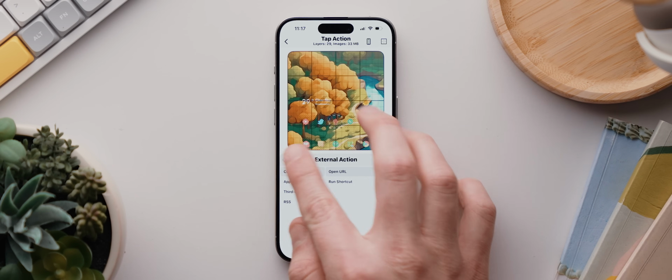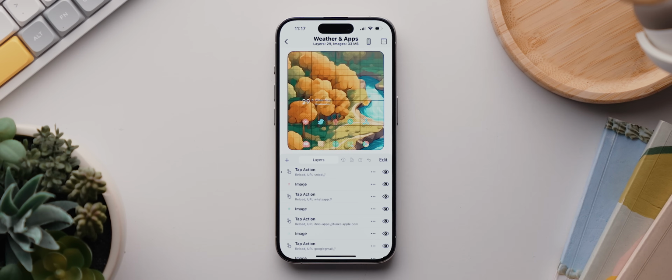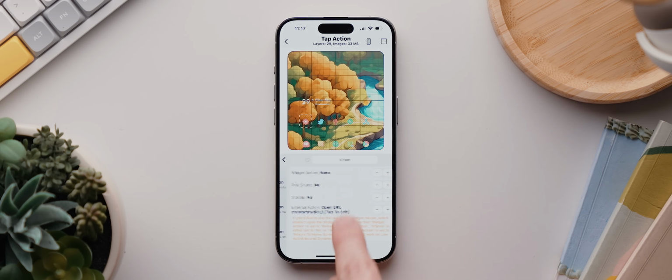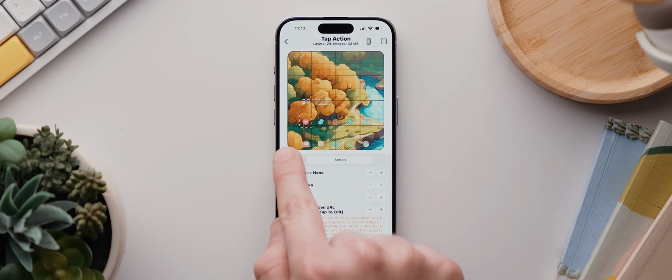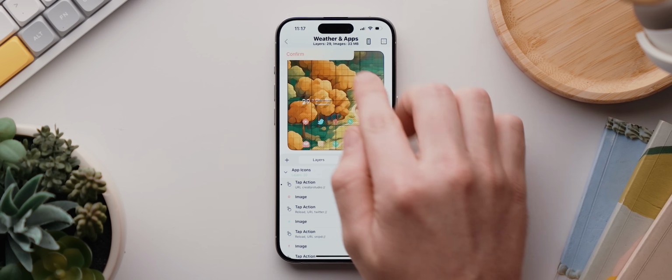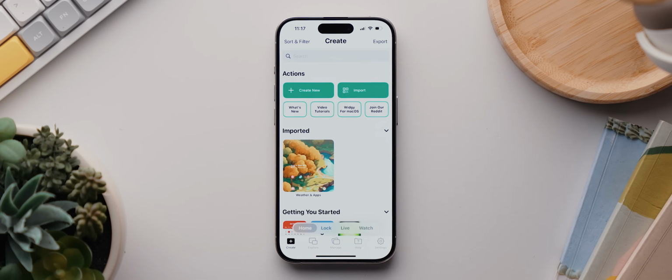For the rare occasion that you can't find the app that you want on either of those lists, then your last option is to go to Google and see if a quick search can bring it up for you, which is what happened with the YouTube Studio application for me. But failing that, there's not many more options aside from just trialing any name that you can think of. But I doubt I would have come up with Creator Studio, which is the URL scheme for YouTube Studio, without Google's help. Anyhow, with everything customized the way that you like it, we'll tap back, then confirm, then we'll come